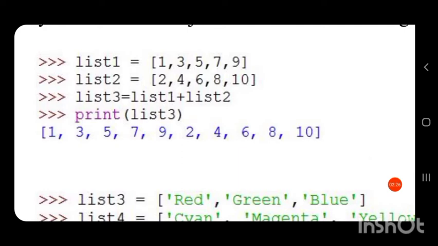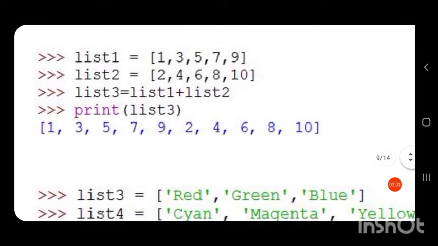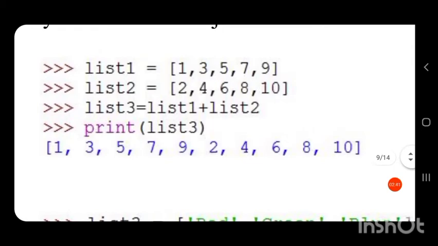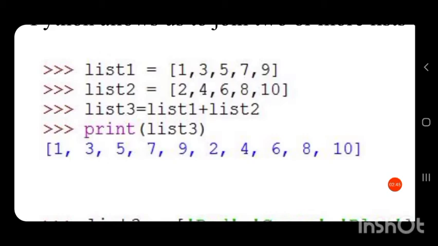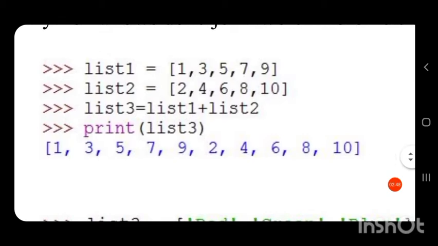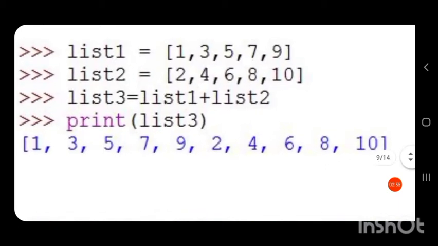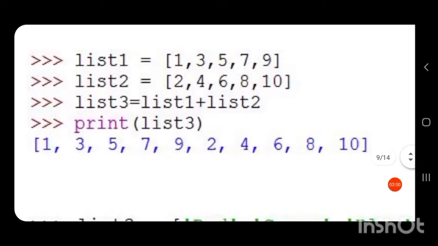When we print list3, you can see our first list, list1, is at the start: the elements 1, 3, 5, 7, 9, followed by the elements of the second list, 2, 4, 6, 8, 10. That is, in concatenation, the first list and the second list are combined together.